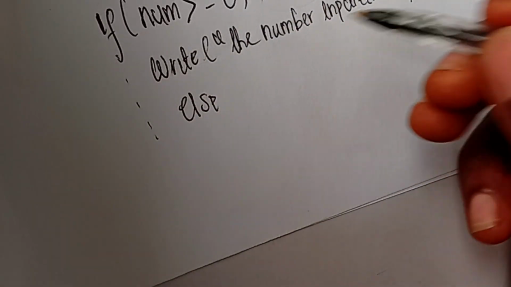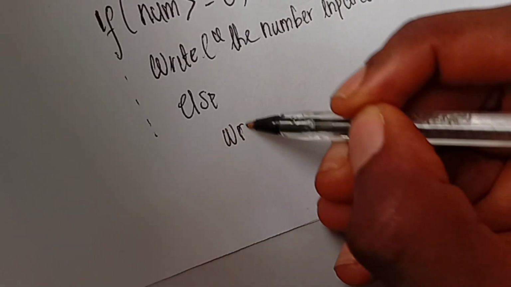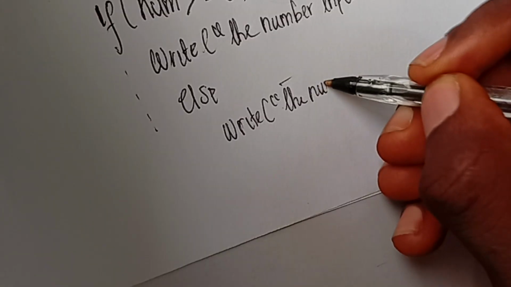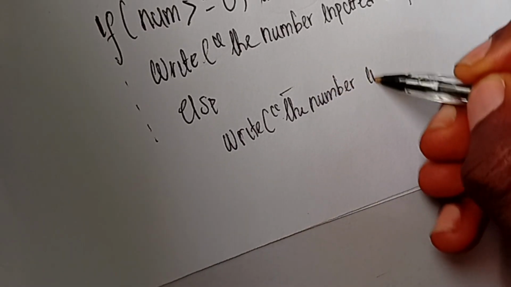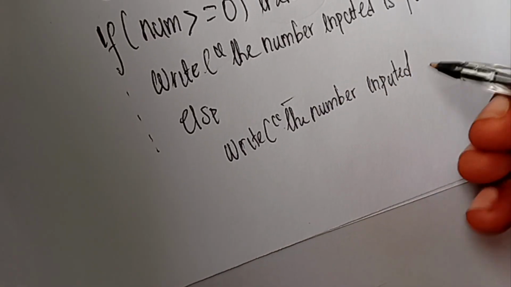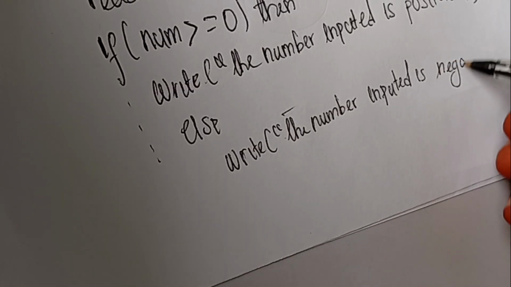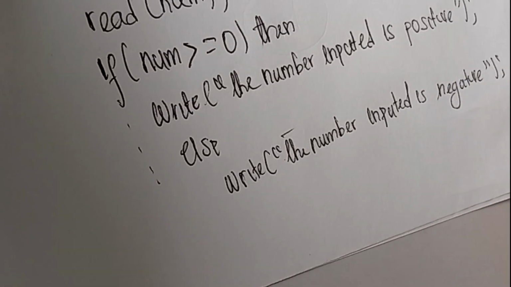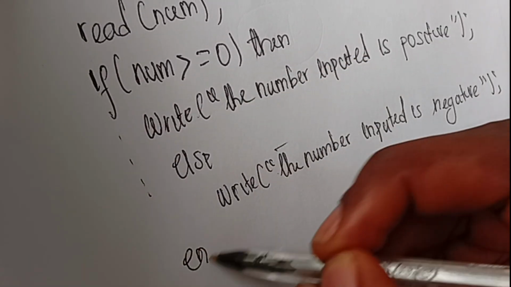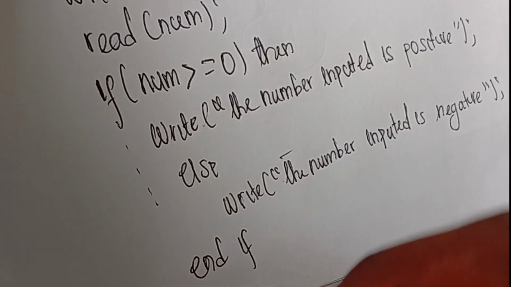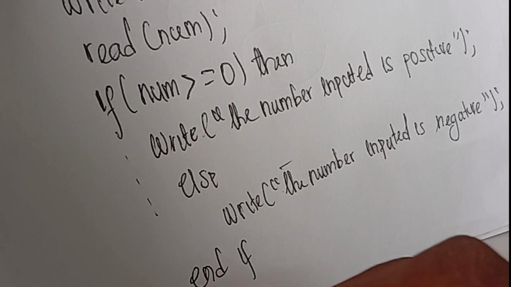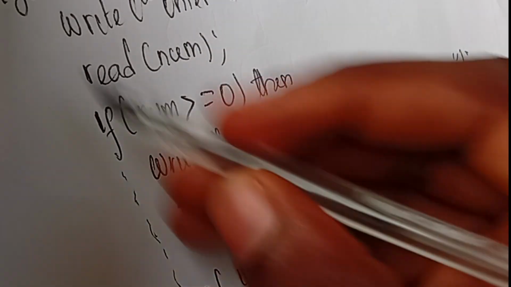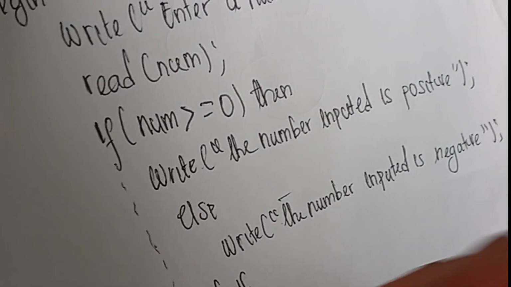Else, write the number inputted is negative. So yeah, that's the algorithm, and we want to end our if statement and we want to end our algorithm. So if you see here, this kind of aligns up and this lines up as well, and there is our